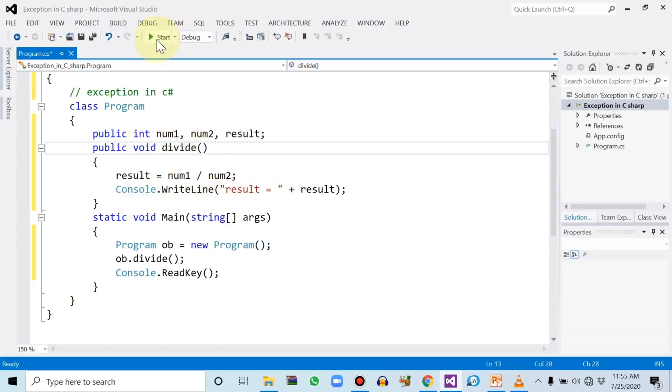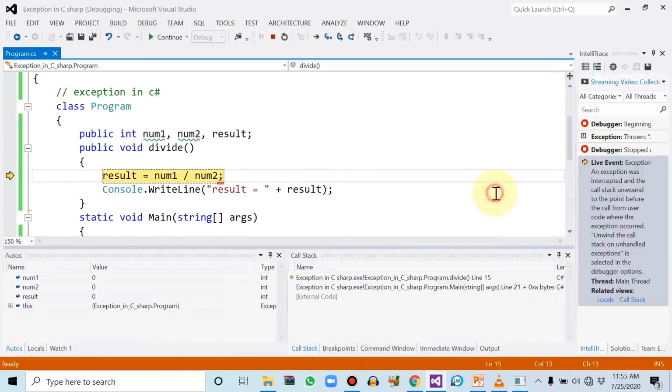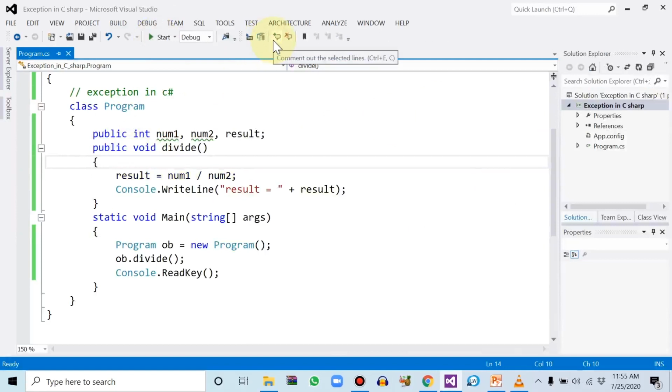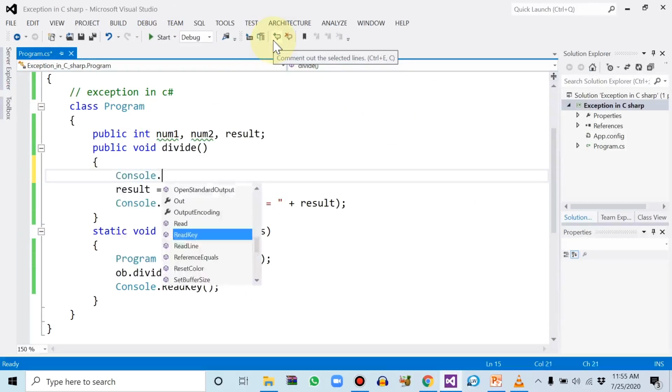So let's see what the values are. Let me initialize these two variables.